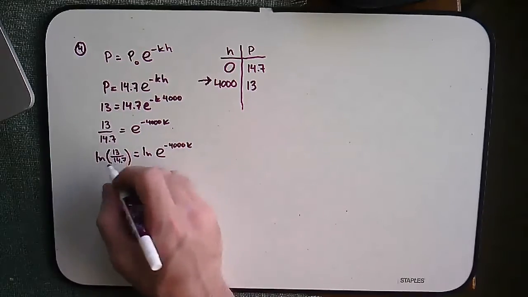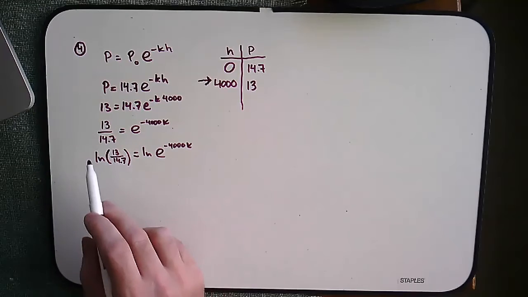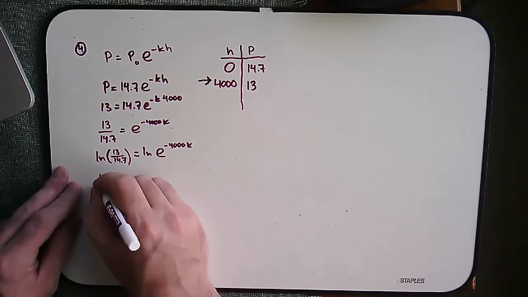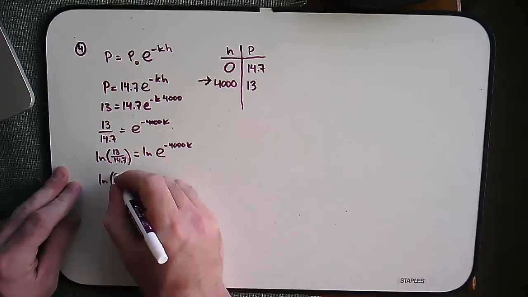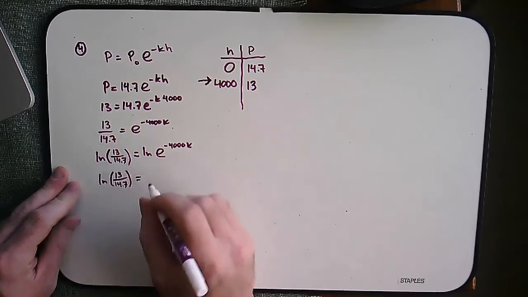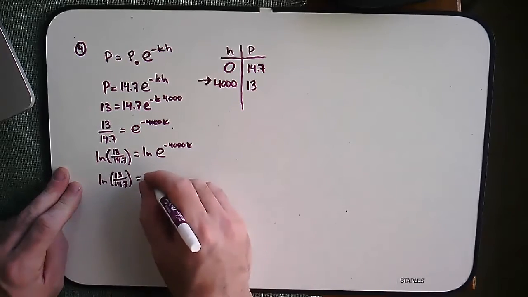Okay, so on the left-hand side, this is some irrational number. We will ask the calculator to approximate it for us at some point, but probably not till the very end of the problem. So still we'll just write that in its exact form, natural log of 13 divided by 14.7. And then on the right-hand side, taking the natural log of a power of e, those will cancel, and we're left with just negative